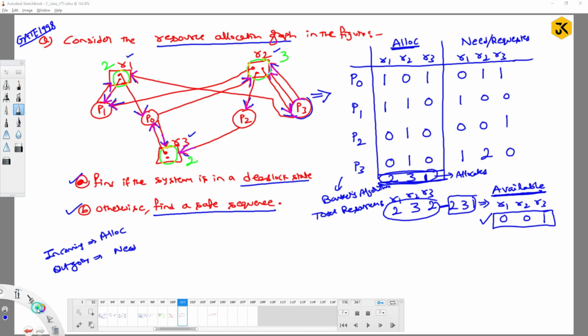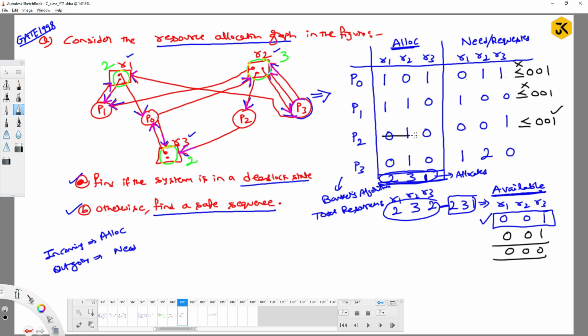Now try to apply the banker's algorithm so that you can solve it easily. Is need 0 1 less than or equal to 0 0 1? Condition fails. Is 1 0 0 less than or equal to 0 0 1? Condition fails. Is 0 0 1 less than or equal to 0 0 1? Yes, satisfied. When it is satisfied, I am going to subtract that one from here and it will be added to